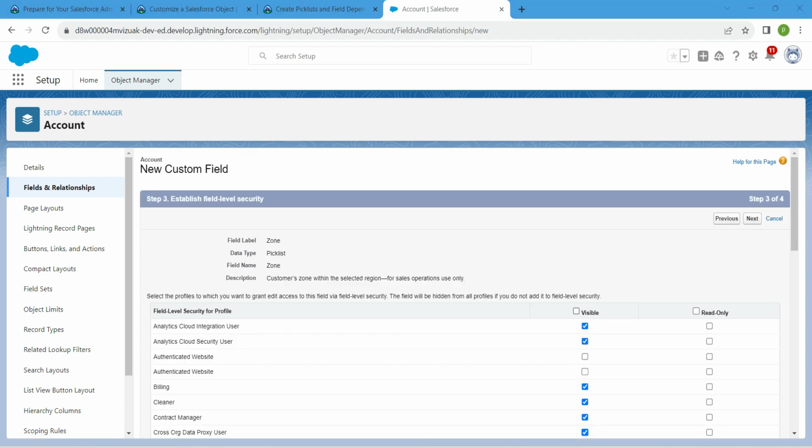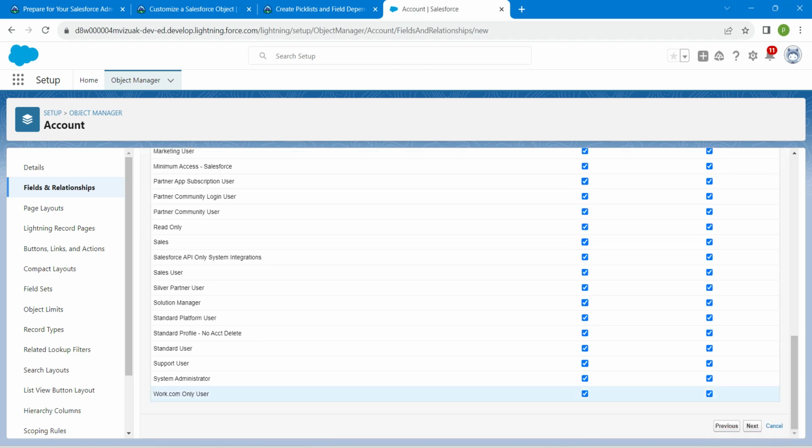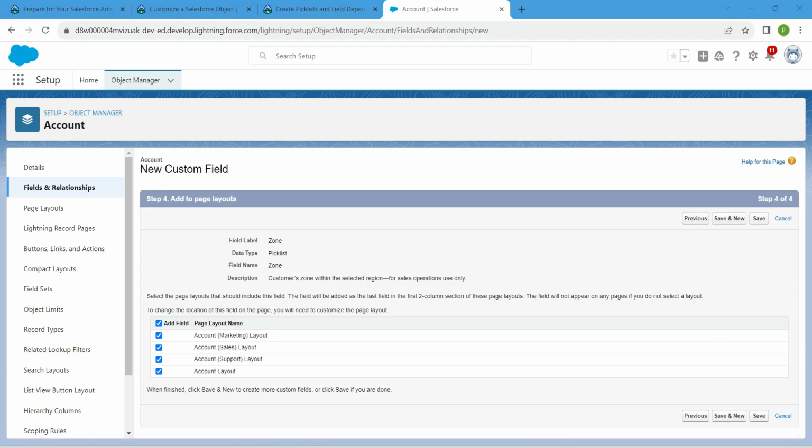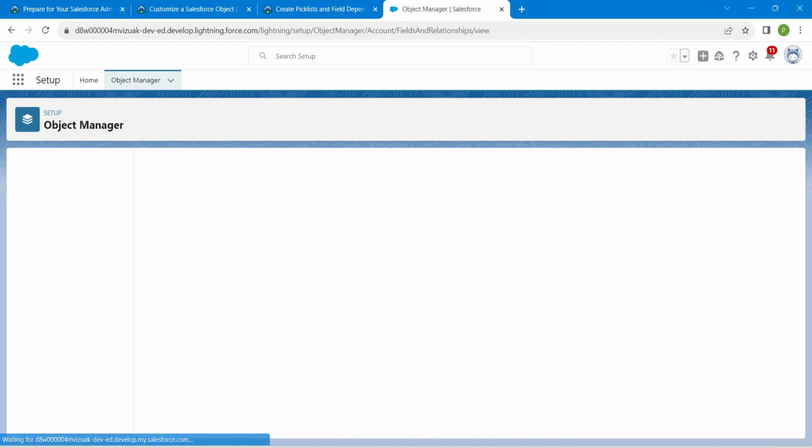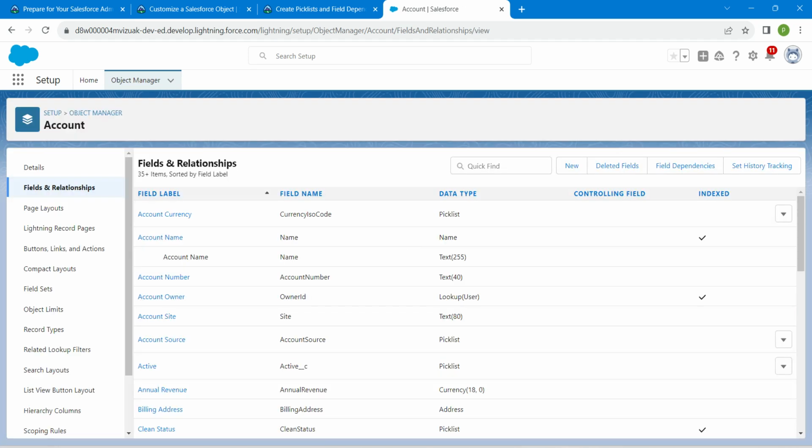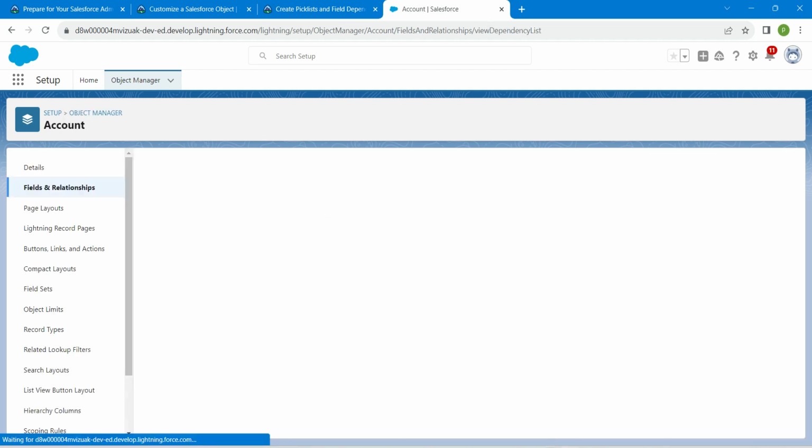So here choose both of these headers with the exception of sales user for read only. Once you deselect it, click on next, followed by save. And in this page you will find field dependency right over here. Click on this field dependencies